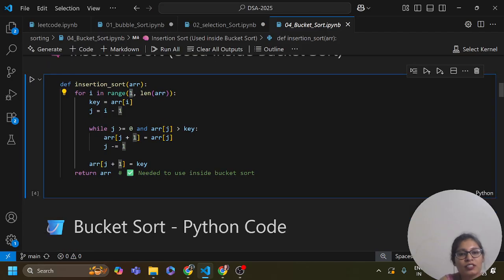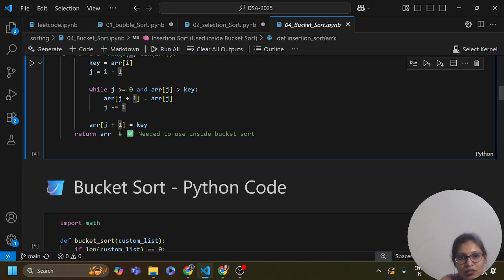While j is greater than or equal to 0 and array of j is greater than key, array of j plus 1 equals array of j. Here j we need to decrease by 1. Then array of j plus 1 equals key, and return array.